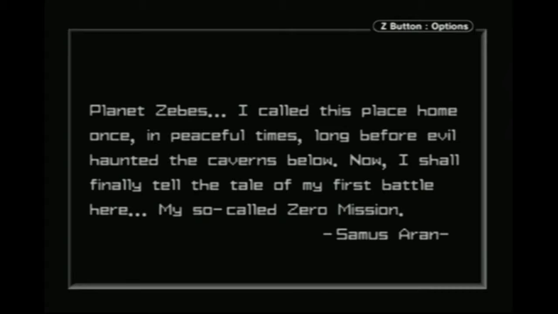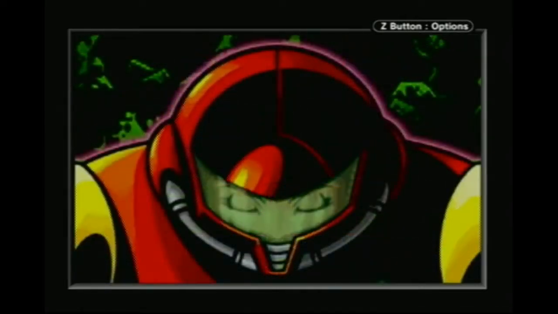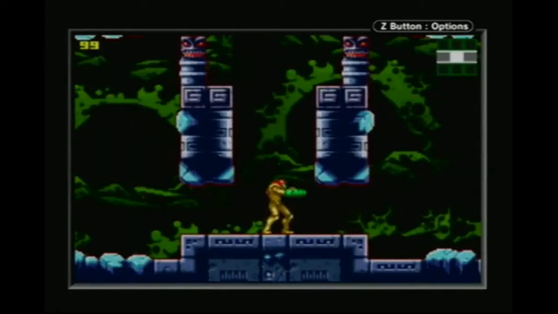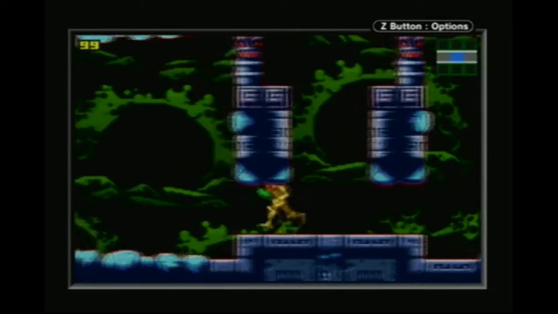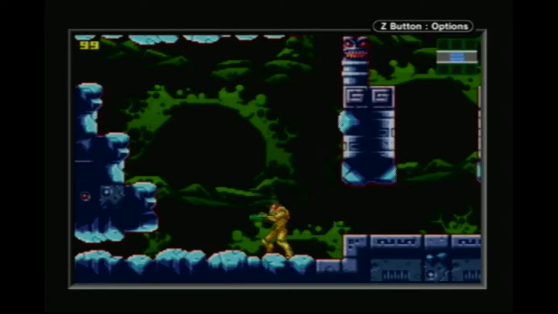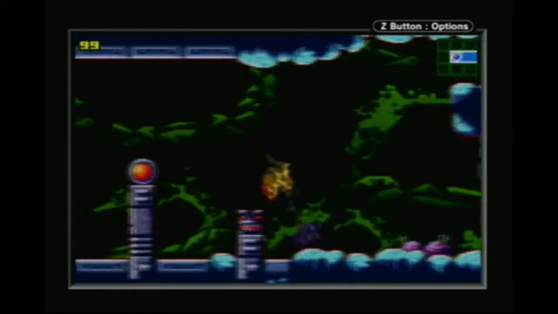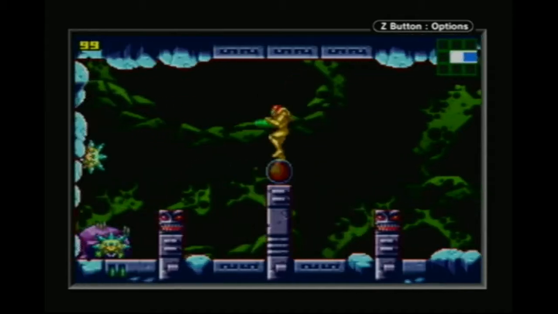And I like how it shows her ship landing, and you can hear her walking off. I don't know if you can hear her over my voice. And then we start here, where we normally start in the original Metroid. Our beam does not go all the way across. That's unfortunate. The controls are mostly the same to